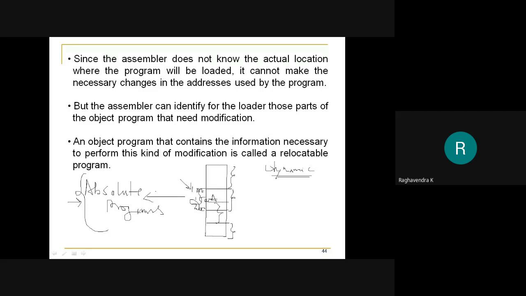Now this is not okay when it comes to a multi-programming environment. What we are supposed to do is run the programs wherever memory becomes available. So we need that dynamicity. The solution to that is to make the program relocatable. Any program that's capable of executing anywhere in the memory is called a relocatable program.